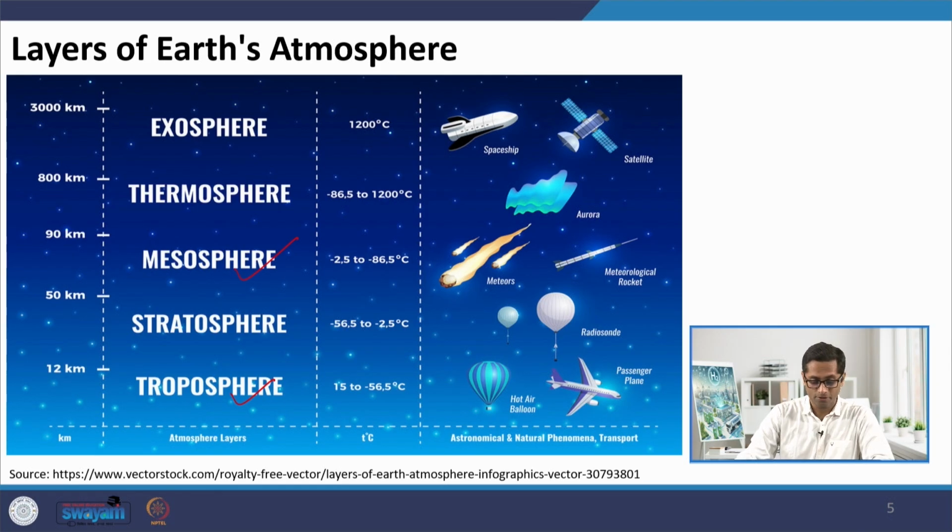Above the 90 kilometers of height, we have a layer called the thermosphere, where you would possibly find the International Space Station roaming around at around 400 kilometers of height, and some satellites as well. Those of you who might have seen the northern lights in places like Ladakh or some of the Nordic countries, this is the layer in which the aurora formation is happening. And beyond the thermosphere, reaching to the external space, is something called the exosphere, which extends to almost 3000 kilometers or so.